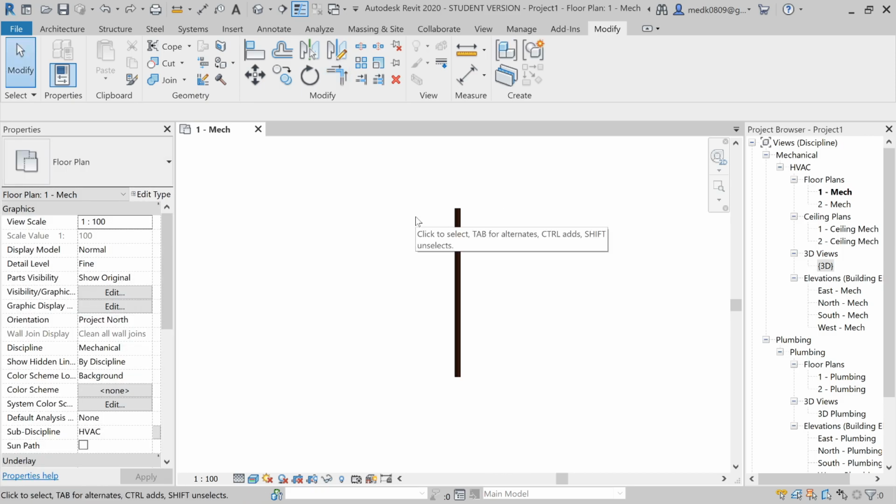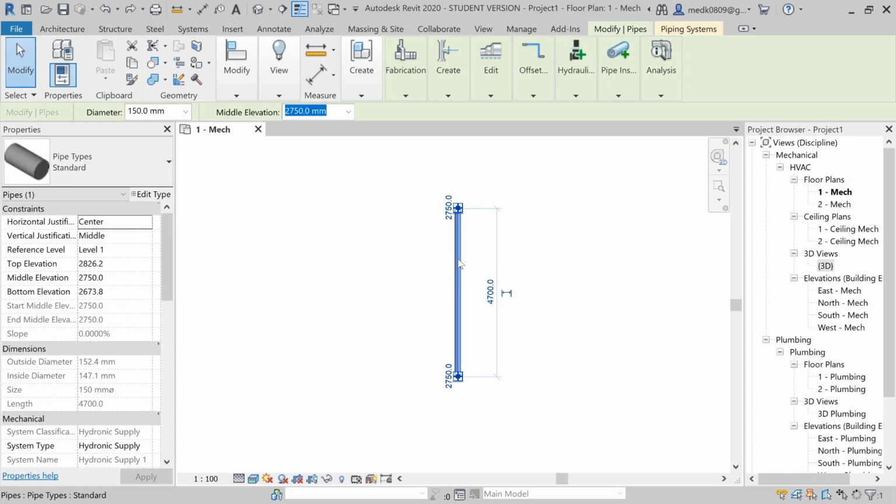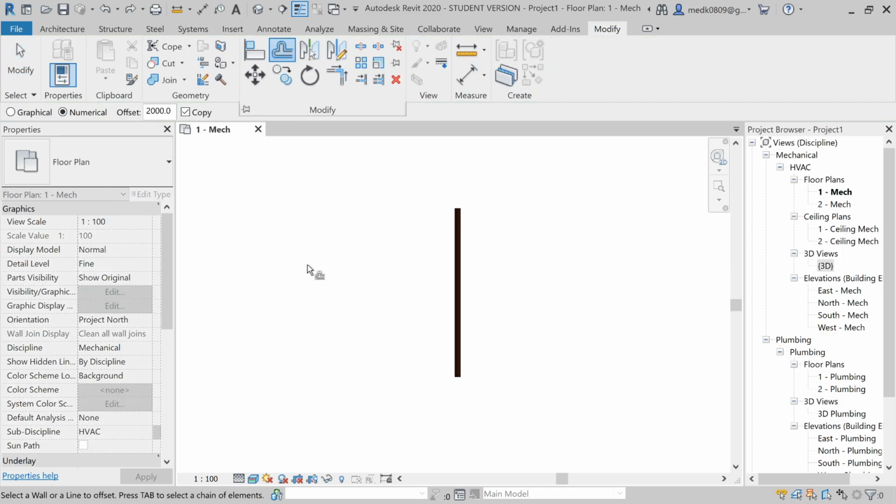So our next command is offset. For that I have created a pipe. Let's select this pipe, and then in the modify you can see here we have the offset. To make an offset, you can do it two ways, graphical or numerical. Let's start with numerical, and let's say the offset distance be 1000. Offset is basically creating copies or moving the elements about a distance. So we have specified the distance, and next we have the copy. If you want to create a copy, select copy.